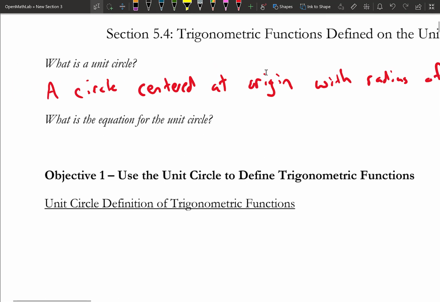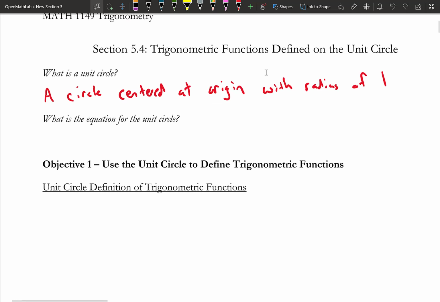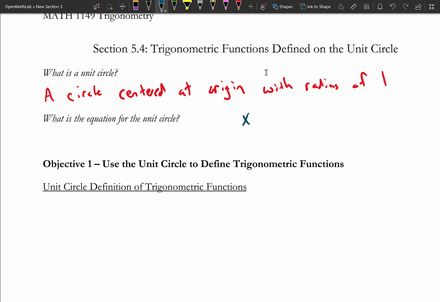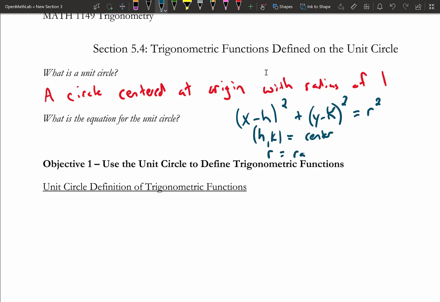So then the next thing I want to remind us of is what's the equation for a unit circle, right? So if you recall, in general, the equation of a circle is the following: x minus h quantity squared plus y minus k quantity squared equals r squared, the radius squared. So you should have learned this in college algebra, right? So (h, k) is the center, r is the radius,